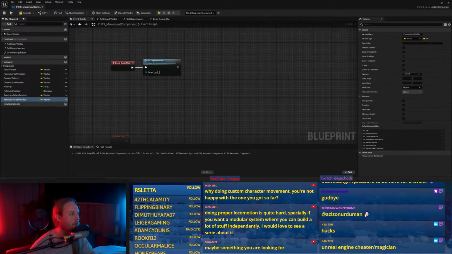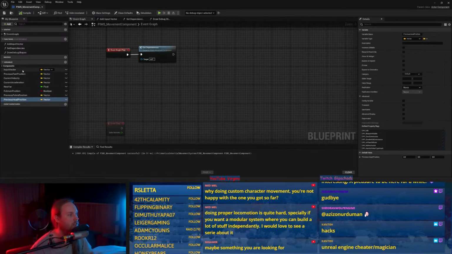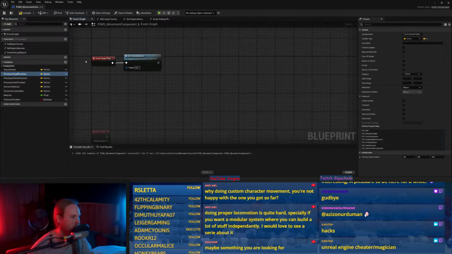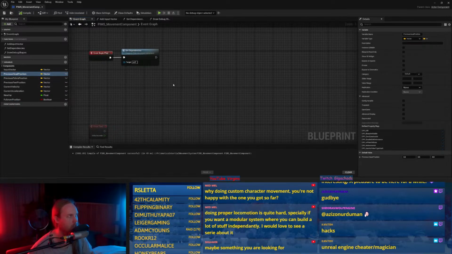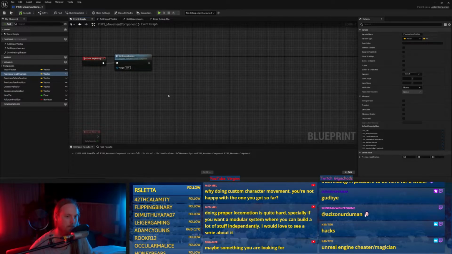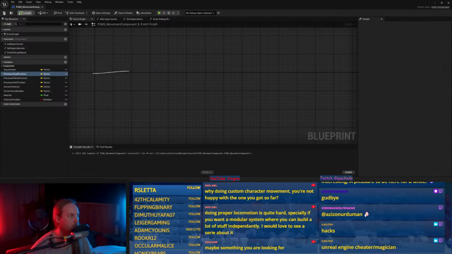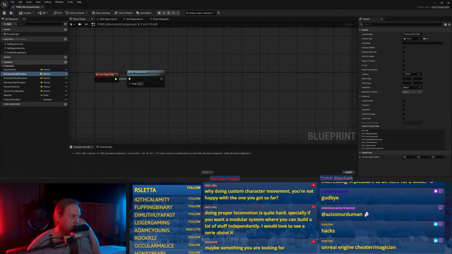And then center of gravity is like an aggregate of all of them. And then if center of gravity exceeds balance, then we ragdoll.